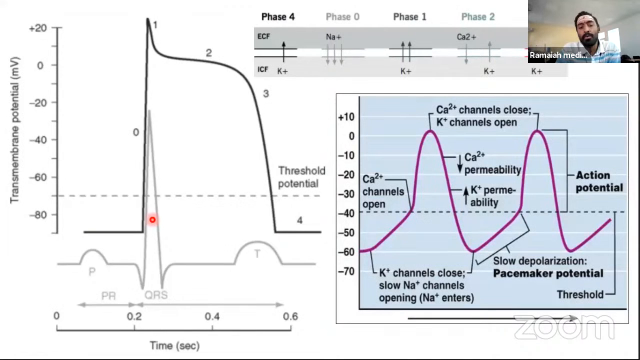So let's correlate this with the ECG, whatever is happening. I'm sure we all know what the basic waves are. We'll see how each wave is generated and what its importance is. So phase 1,